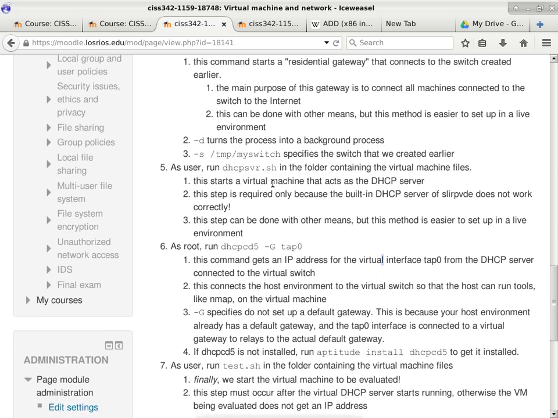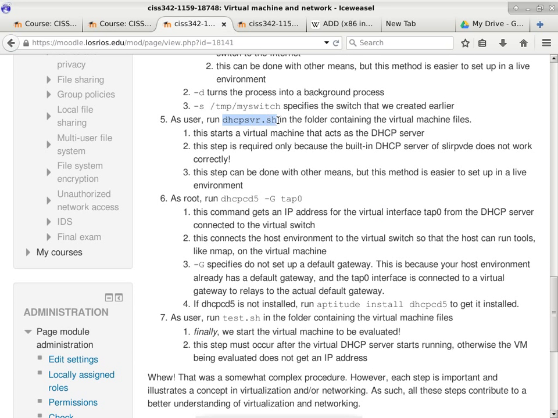So now we can finally run the DHCP server. This command is going to start up a virtual machine. This is the first time we actually start up a virtual machine. The virtual machine is called DHCP server. I'm going to use a dotted line to represent a virtual machine. DHCP-SVR, which is a server.